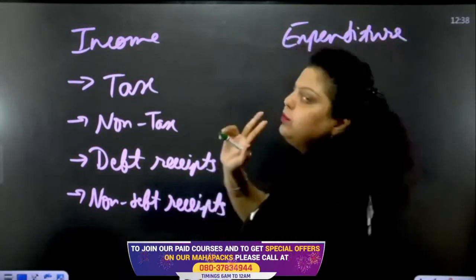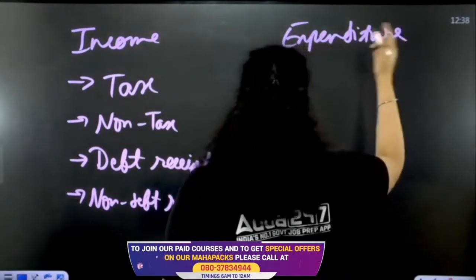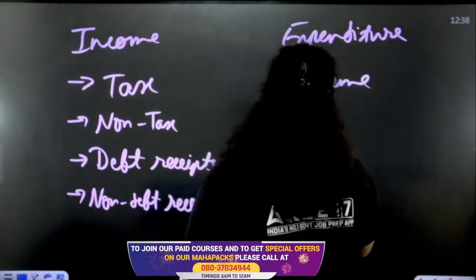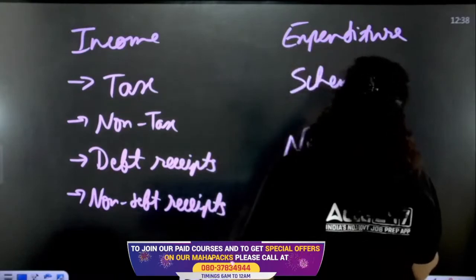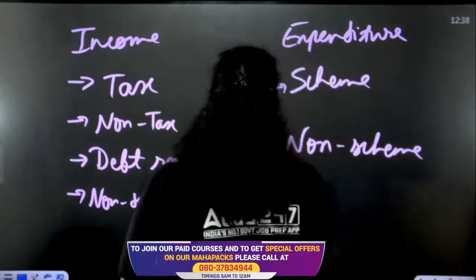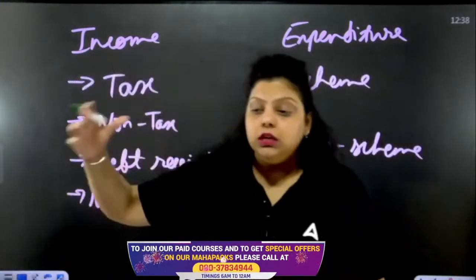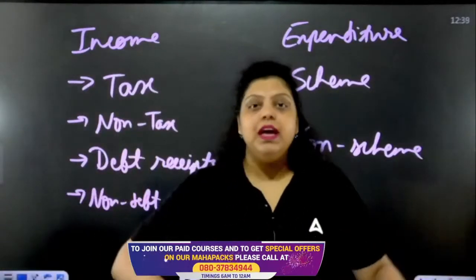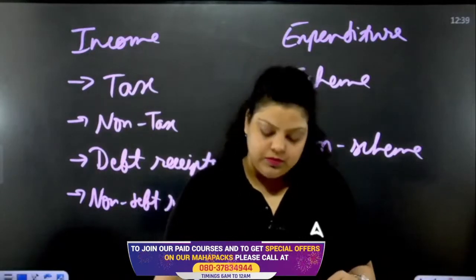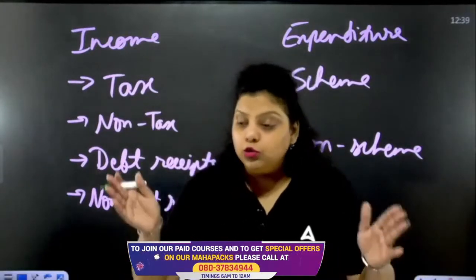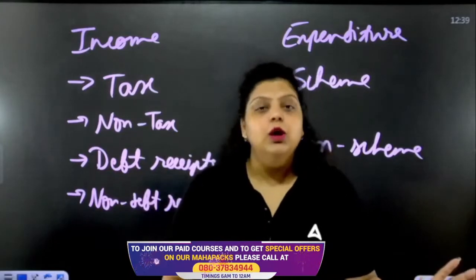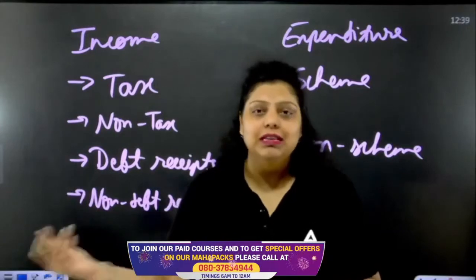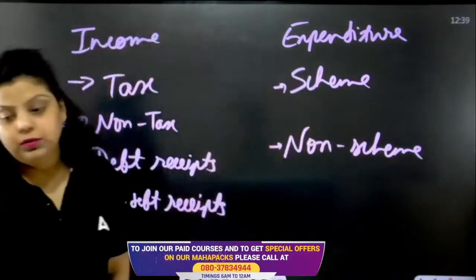These are the sources of income for the Government of India, and the expenditure of the Government of India is divided into 2 parts: scheme expenditure and non-scheme expenditure. There are certain expenditures in the country which are already planned. We have to establish schools or hospitals, dams or something else, or give LPG connections to 1 crore BPL families in the country. This is already planned, so this is the scheme expenditure. Non-scheme expenditure can happen suddenly, like uncertain situations, natural calamities, etc.